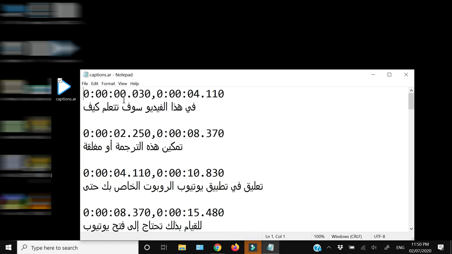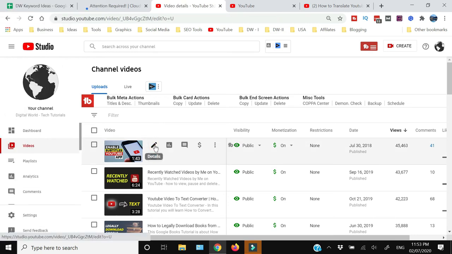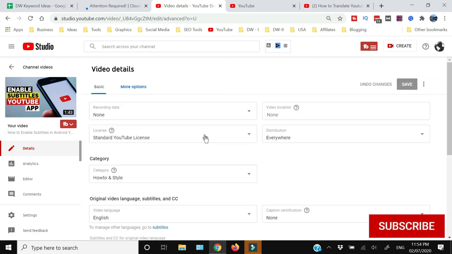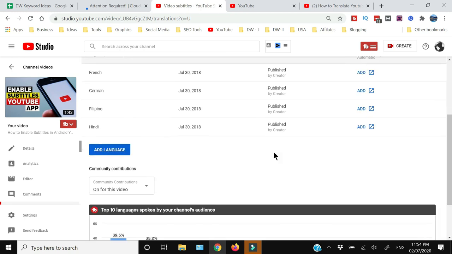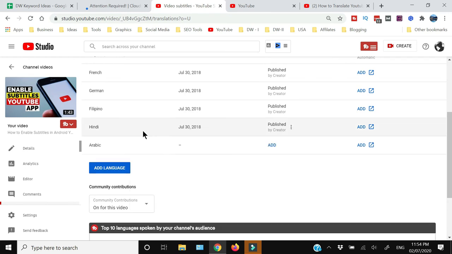You can just right click and open with Notepad, and as you can see that along with the timestamps, now the subtitles are in Arabic. Now you can upload the translated SRT file into your video by clicking the edit button, again going back to more options, and then clicking subtitles, clicking add language. From here you need to select the language, which was Arabic in our case, and now you can just press this